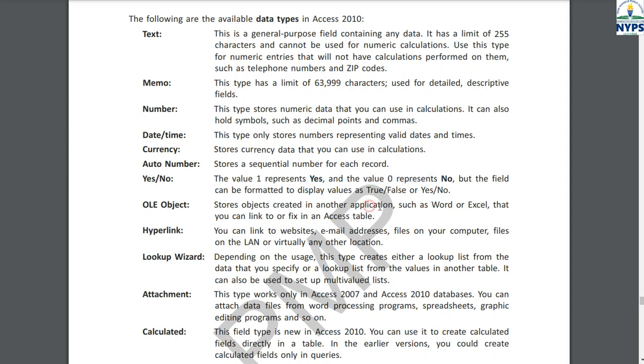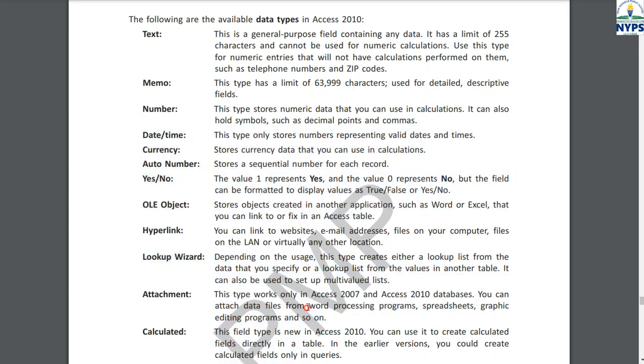OLE object. If you want to insert any Word, Excel file in our Access table, then we can use this OLE object. Hyperlink. If we want to give any link to a website or email addresses, for that purpose we can use this hyperlink. Then lookup wizard. If you want to create any drop down list, for that purpose we can use this lookup wizard.